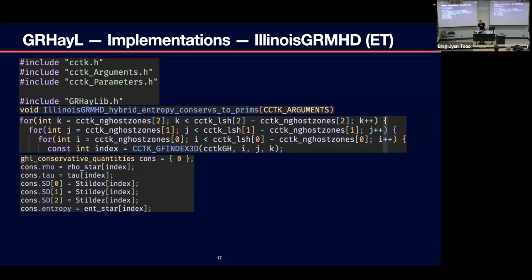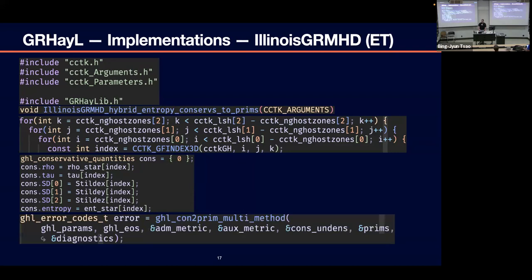And then once we read it into the GRHayL struct, we call the conoprim function inside of GRHayL, right? And again, I'm omitting parts of the code that do things that are less relevant for this exposition. But basically, once you call this function, inside this prims struct will be the answer of conoprim. And then you can do a similar version of this, but unpacking, reading from this into the grid